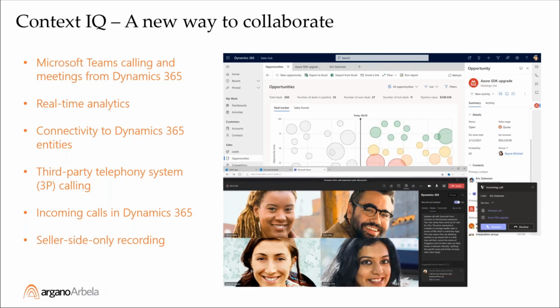Context IQ is real-time analytics. You see that in some of these re-envisioned dashboards just here on this screen. I'll cover those in a moment. I mentioned connectivity to our D365 activities as we're engaging, oftentimes through Teams. Third-party telephony system calling, inbound and outbound calls. When we're working leads, we can initiate outbound calls directly from Dynamics, through the Teams channel. And inbound calls can cause